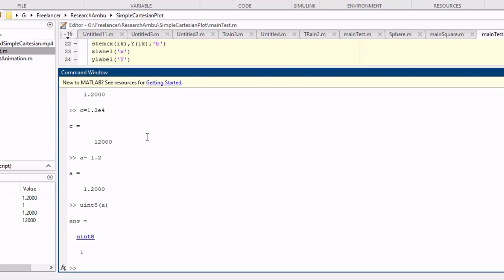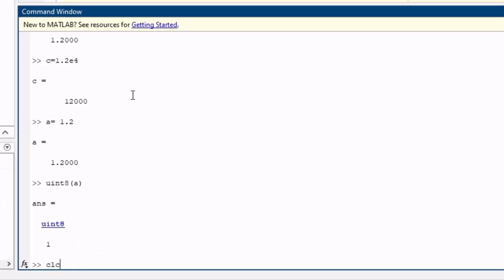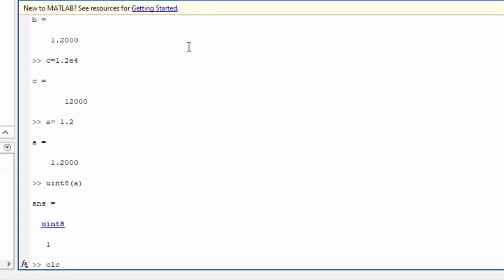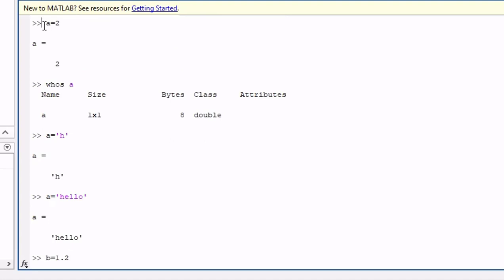Now let's move on to the second thing. MATLAB stands for matrix laboratory, so it mainly concentrates on arrays and matrices. How will we handle arrays and matrices? Already I have told you CLC means clear screen. Just type CLC to clear the screen. Before that you just verify. The best learning is working in parallel, so just try the coding. Open your MATLAB window and type these commands, then we will understand what's happening here.